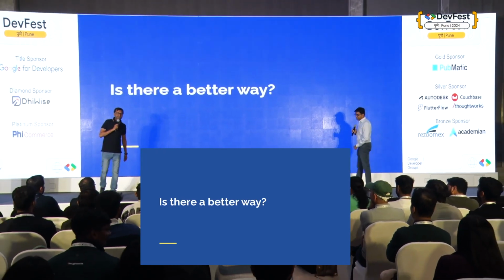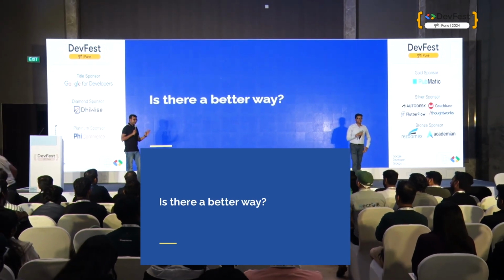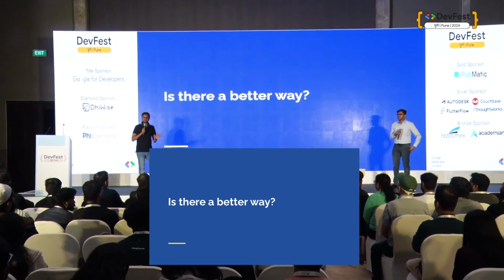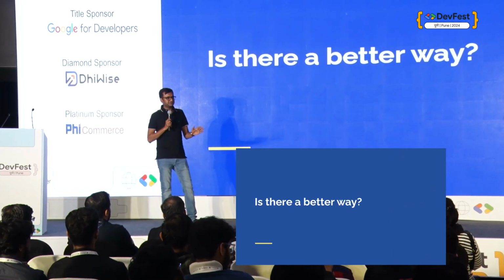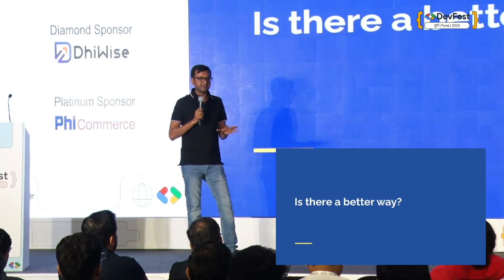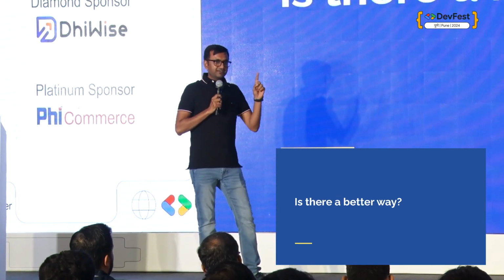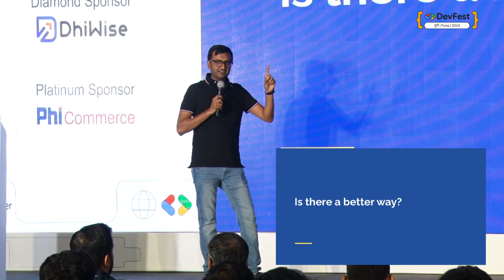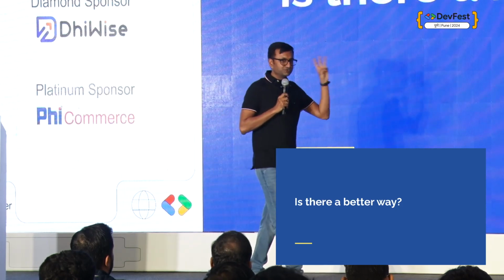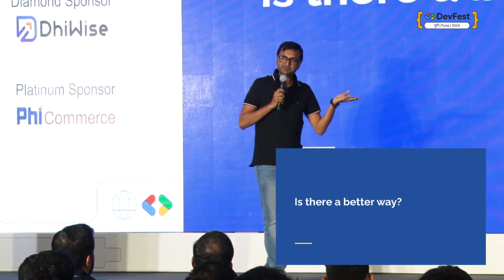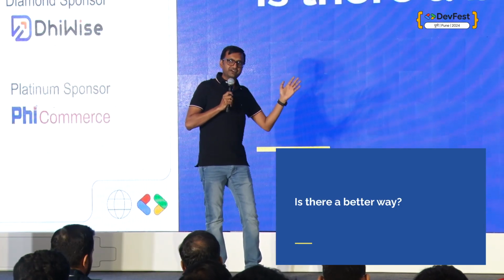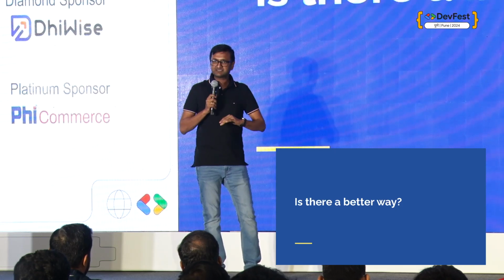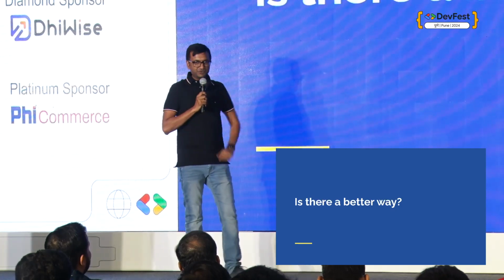We should definitely think of solving this problem, right? There has to be a better way. There has to be a win-win situation where the business is winning, the users are winning, the customer is winning, and as a team, we are also winning. Most of the time, business is a priority, customer is a priority, user is a priority. Where is the team? Where are we, who take care of everyone? Who is going to take care of us? We in this room are going to take care of us. So let's see how we solve this problem.